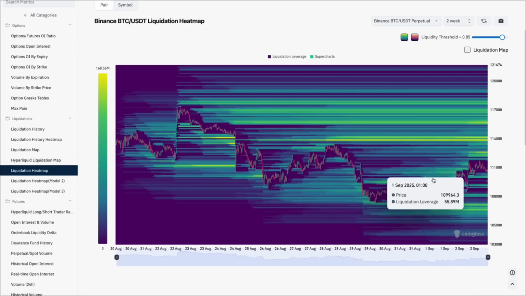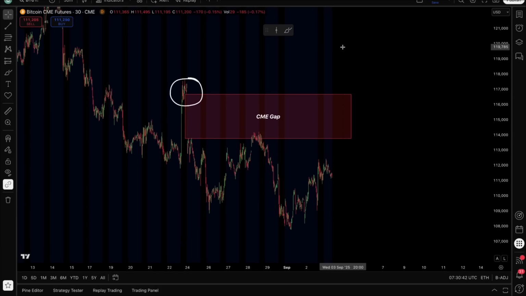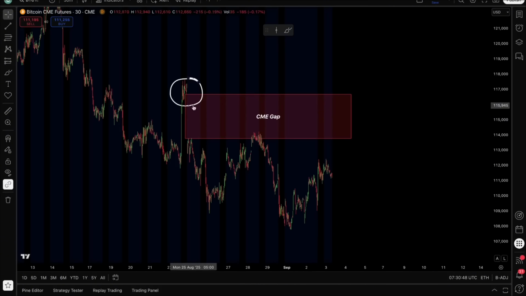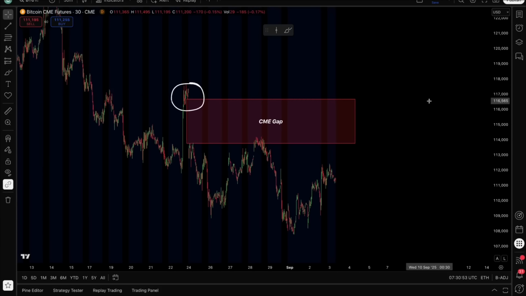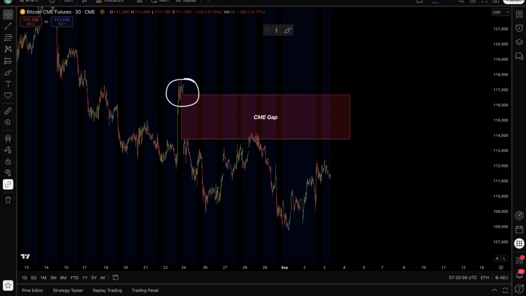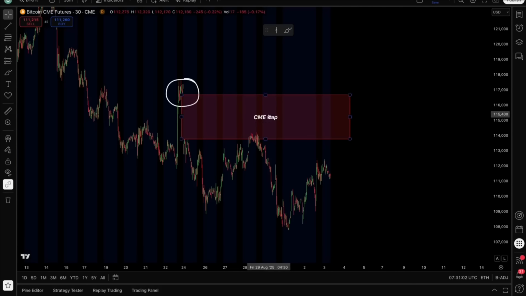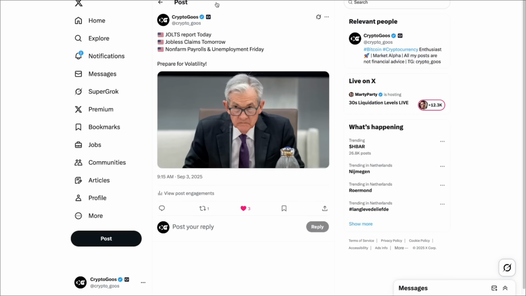Also, we do have a lot of liquidity still piling up for Bitcoin at the top side. So once Bitcoin is going to start moving higher, it could go quite fast here. We also have this major Bitcoin CME gap, which still isn't filled up yet. So with most of the liquidity stacking up at the top side, and also this CME gap, I do think there is topside potential for Bitcoin getting started quite early if we are going to hold above that bull market support band. So that's going to be important, but this CME gap is also looking quite bullish for Bitcoin. Also, Michael Saylor did buy more Bitcoin yesterday, so yet another bullish catalyst for the price action there.